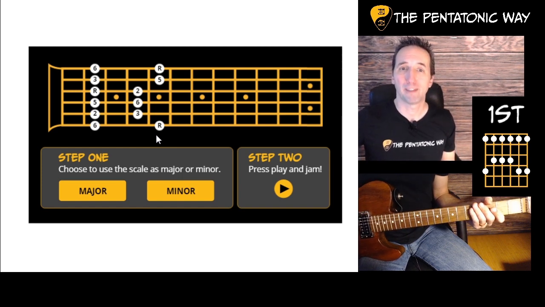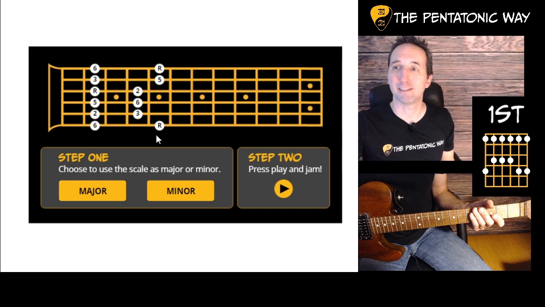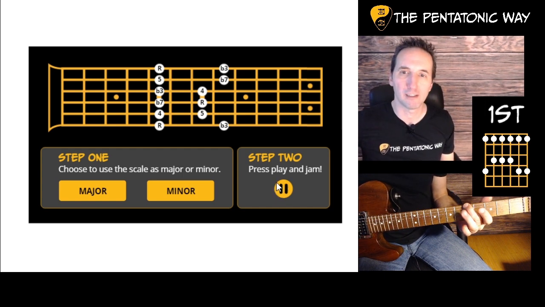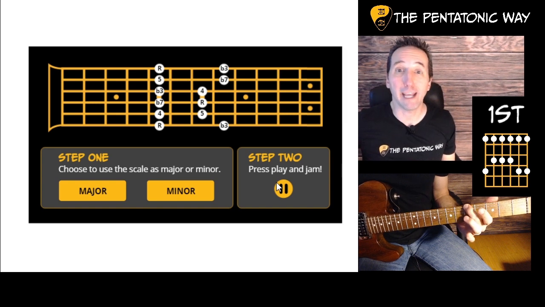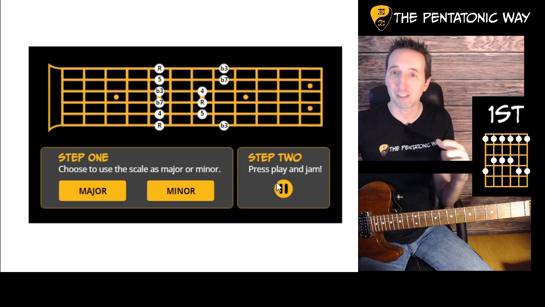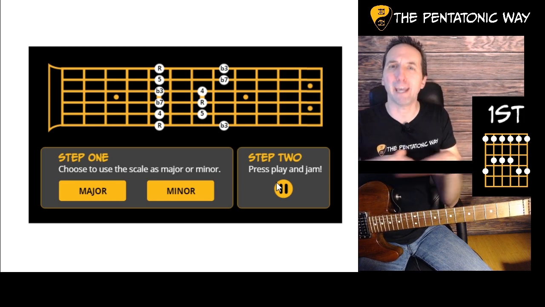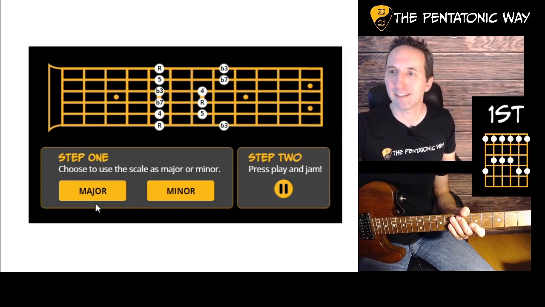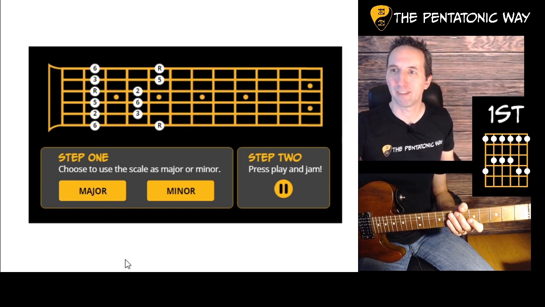All right, cool. So step 2 of this is, once you mess around with this and try these out, you can click this button, and I've added a backing track where it's just a drone, just an A note. So it's not minor, it's not major. It just gives you the canvas to paint on, so to speak. So if we start with major,